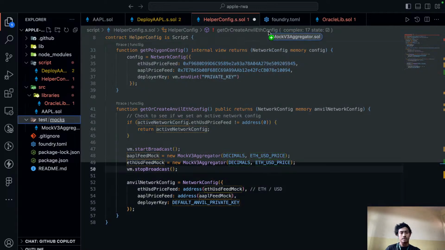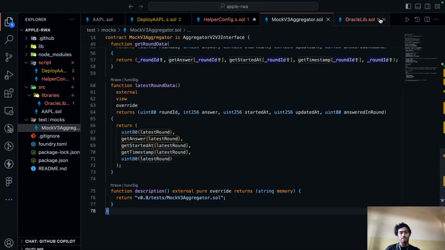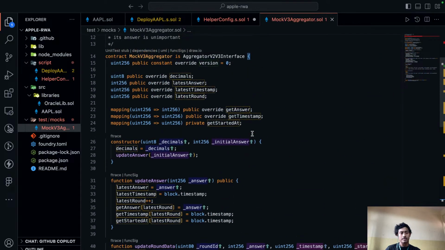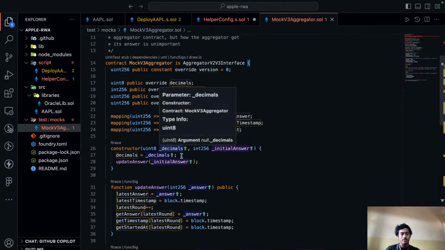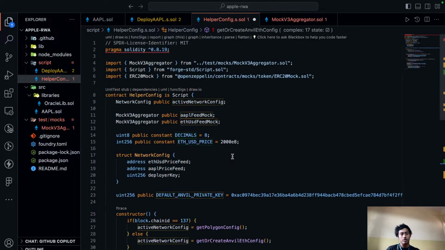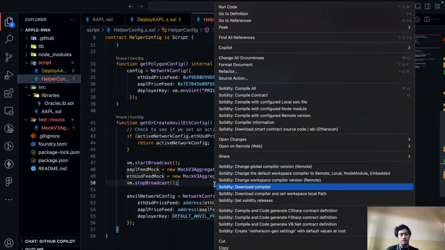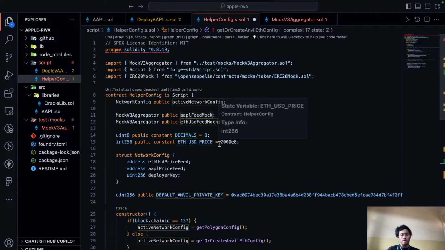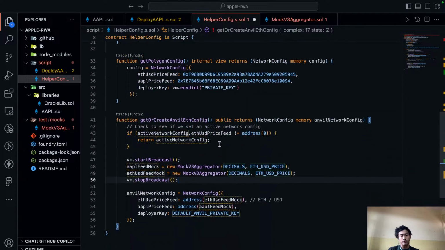So if I just open MockV3Aggregator here, we can see that it has a constructor which takes in decimals and initial answer. So for the decimals, we had already given the constant 8, and for the initial answer, we are using the Ethereum USD price, which is 2000e8. So this is also the default Ethereum USD price which we are taking for now. So this won't really matter because